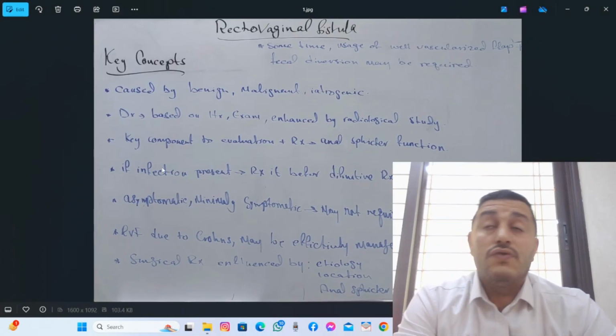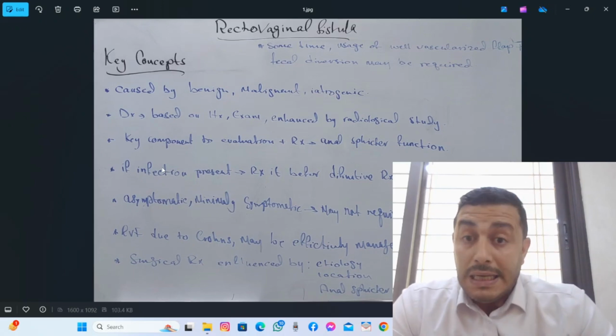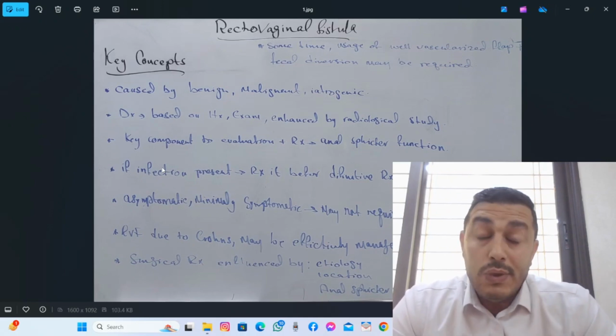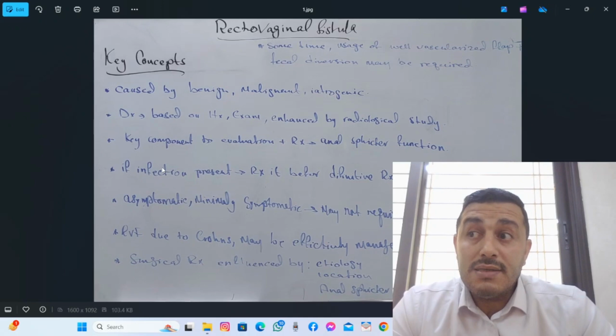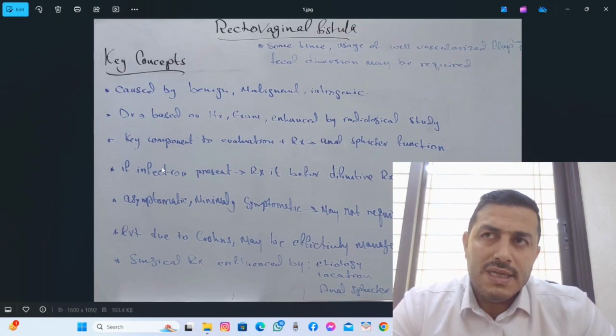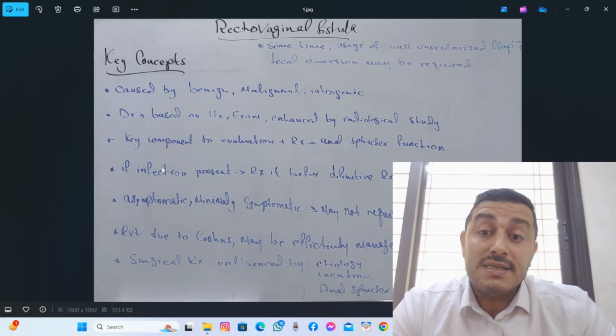Rectovaginal fistula may be caused by malignant, benign, or iatrogenic causes, and we will see that the diagnosis is based on history and the clinical exam. A radiological study will enhance and support our diagnosis, but it's not routinely mandatory. Here we will focus on the function of the anal sphincter, as it is a key component